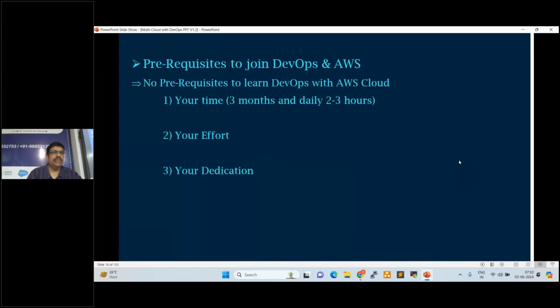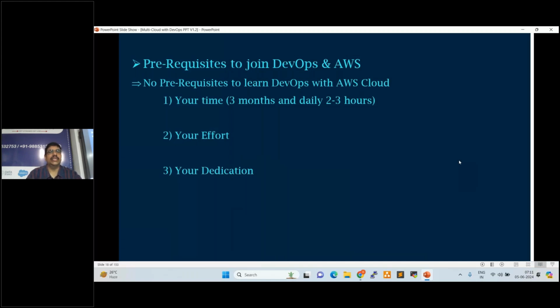So AWS will be covered, DevOps will be covered, Azure will also be covered, and Google Cloud will also be covered. So most of the cloud services will be covered. Nearly 42 services will be covered in AWS. So architect level, solution architect level. Our course is designed here.